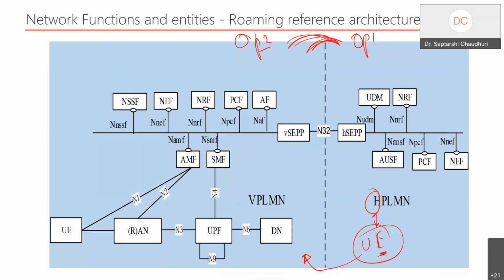So that's the agreement. There is an entity that talks with respect to roaming, because the two core networks have to talk to each other, to authenticate, to do everything based on the fact that I have a roaming agreement. With which we define the roaming architecture.